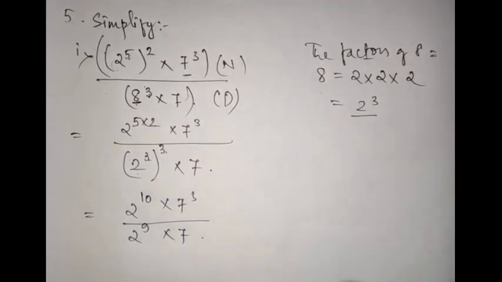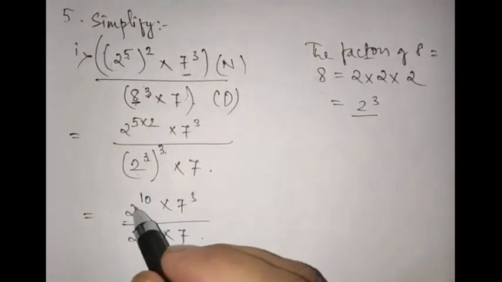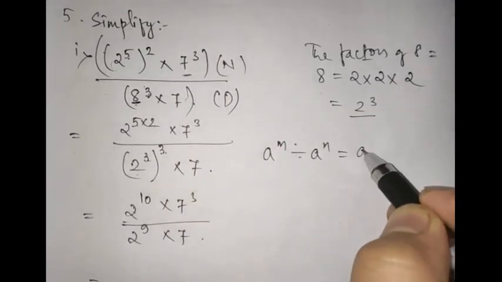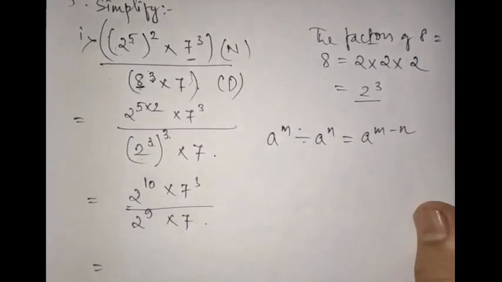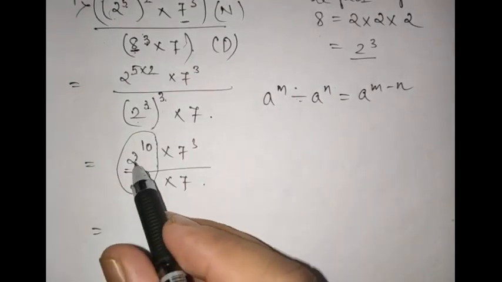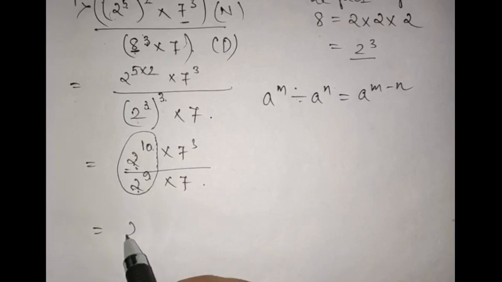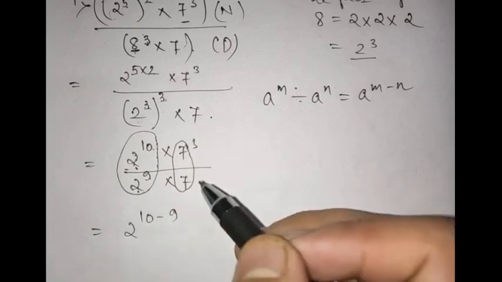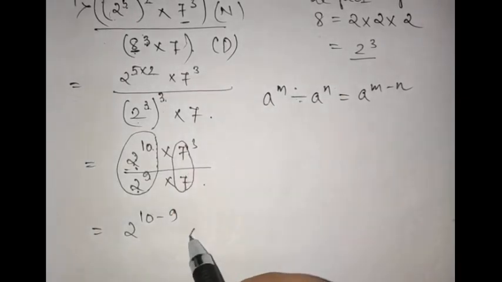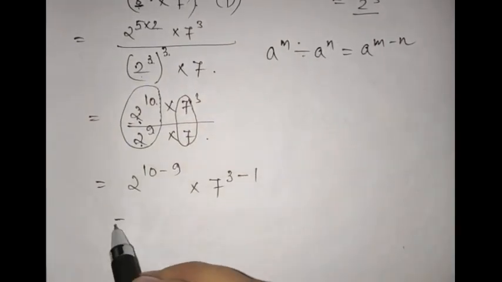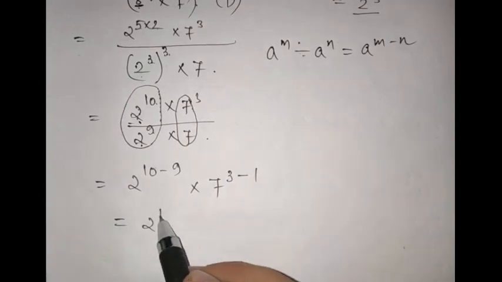Now students, you just see this is the division part, right? And you have the same base. If you have the same base and if division is there, then what will happen? Your exponent will be subtracted, right? So now only this part, you have the same base 2 and the exponent 10 minus 9 will be subtracted. Okay, subtraction will be there. Again in this part also you have the same base and the division is there. So what will happen to the exponent? Subtract. Okay, now 10 minus 9 is 1, into 7, 3 minus 1 is 2.